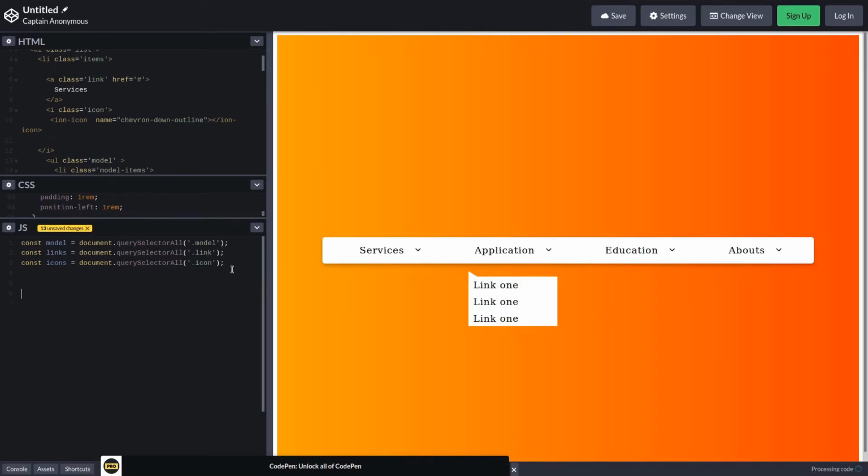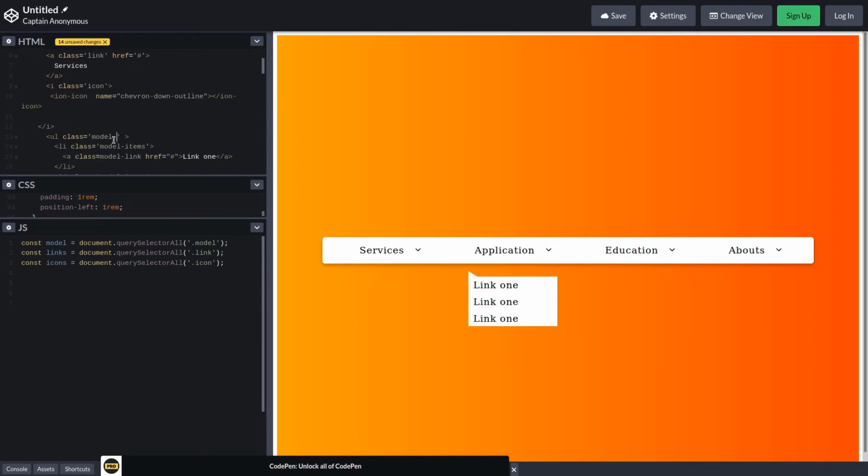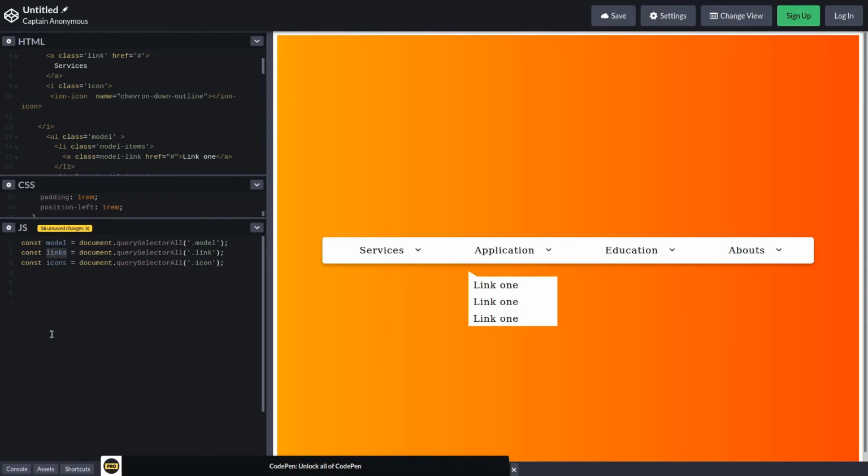Now I want, guys, if I click on this element, to toggle this sub menu, like toggling the active class that we provide on the model, that is this active class. So I just want to toggle this. For this I have to select these links, loop over these elements and provide an event listener on each element. As you know, guys, querySelectorAll provides a collection, and it can be looped with the help of the forEach method. So do this: links dot forEach.